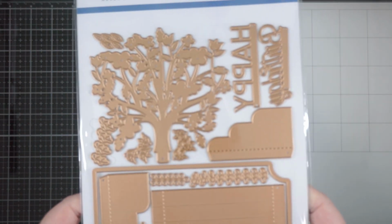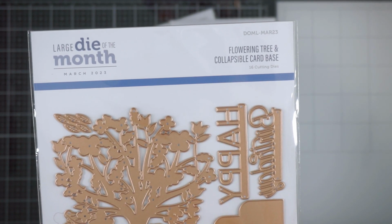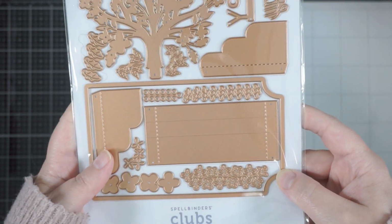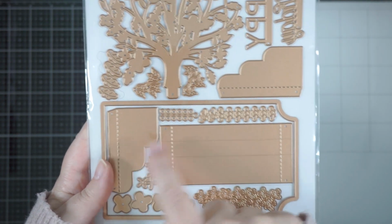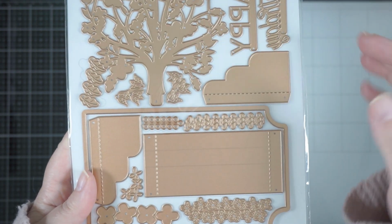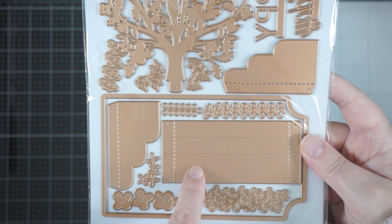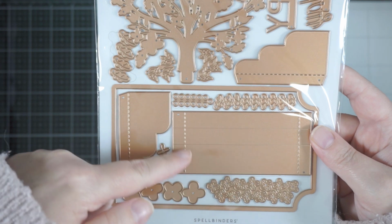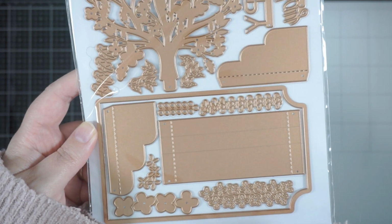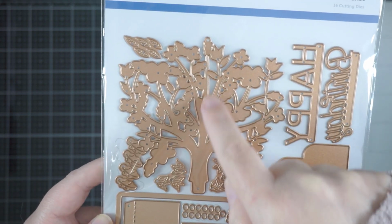Right, then we have the large die of the month, which is the Flowering Tree and Collapsible card base. Wow. I have a million ideas in my head. Basically there's a card base, the 2 sides. Oh, this is to create the stand bit. I'll turn it over and show you in a minute what I mean. You can create 3 levels with this one piece. These are the side panels, and then this is your back, where there's flowers and little extra bits. And then this beautiful tree,